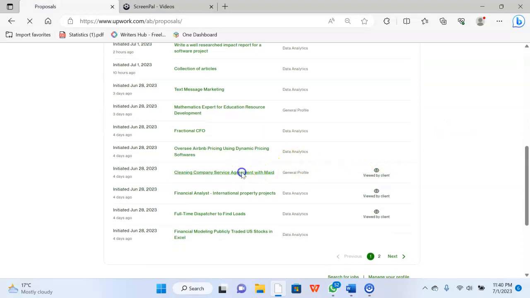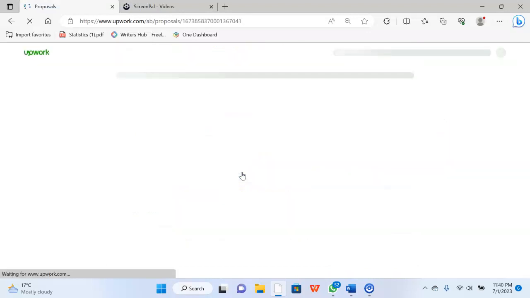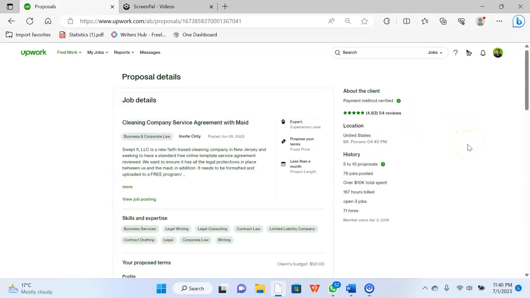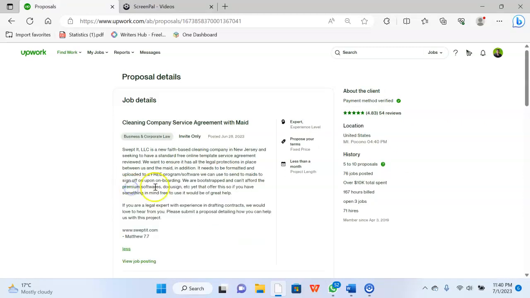For example, this one. For us to understand how to write a proposal, we're going to be looking at what the job details are, and after that we are going to be looking at the proposal that I submitted. So